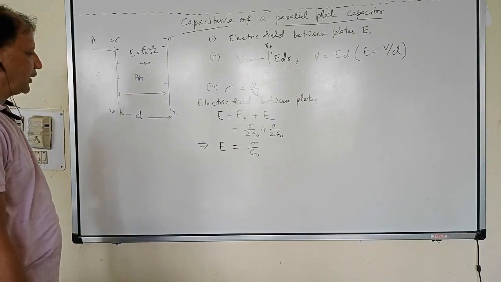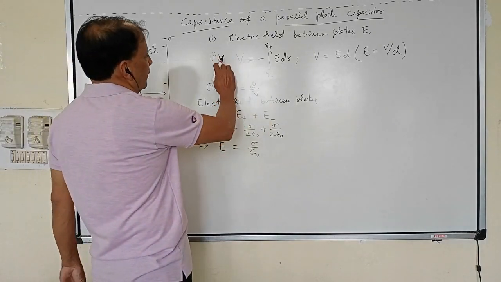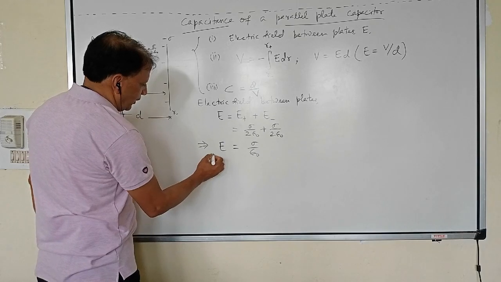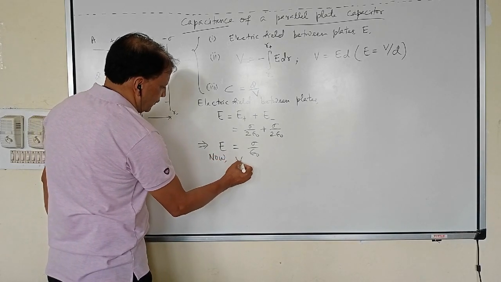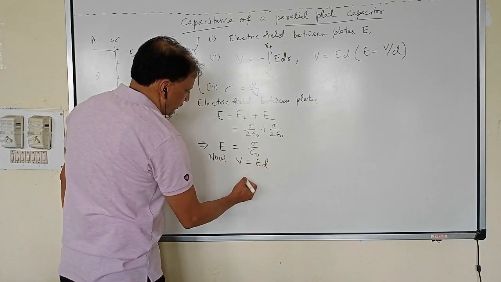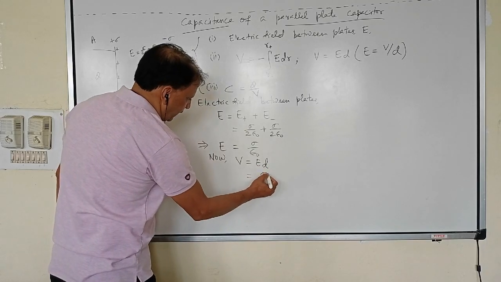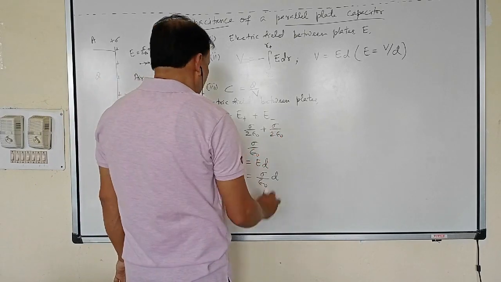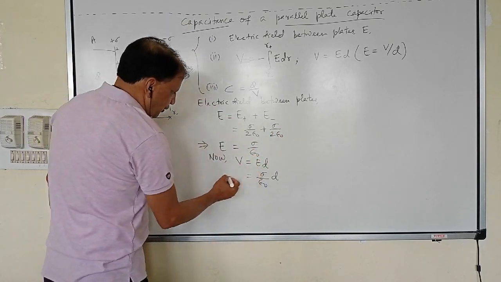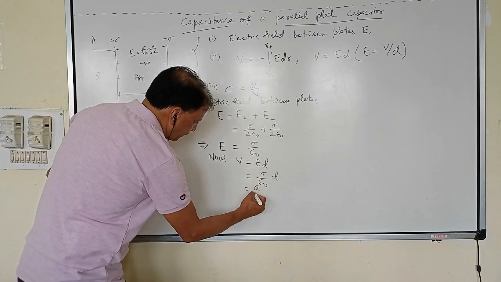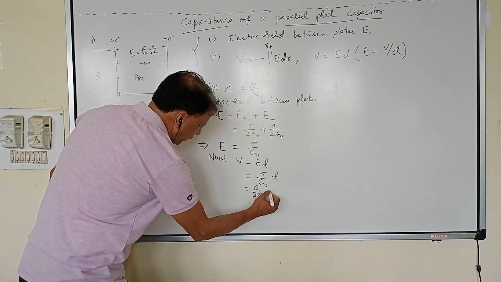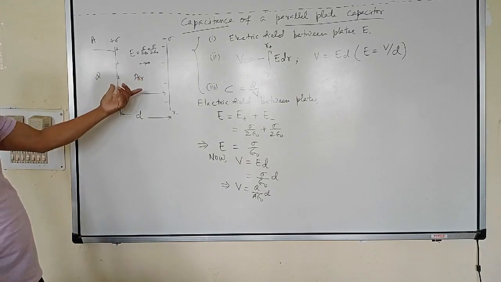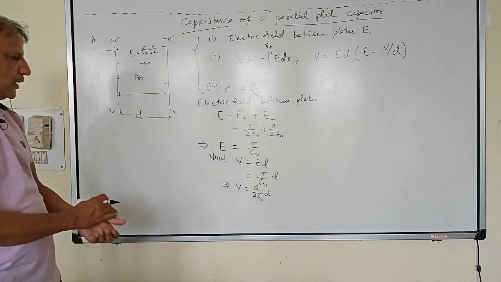Now we have to find the potential difference between the plates. Now second stage, potential difference between the plates V equal to ED. Putting the value, E का value रखेंगे sigma by epsilon naught, times D. Now what is sigma? Sigma is surface charge density, Q upon A. So V becomes equal to Q D upon A epsilon naught. Potential difference between the plates, ये कितना आ गया? Q D upon A epsilon naught.